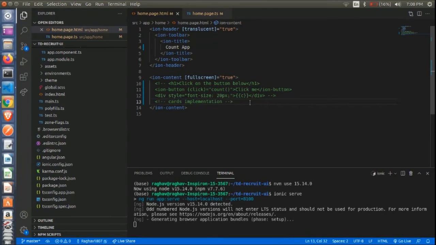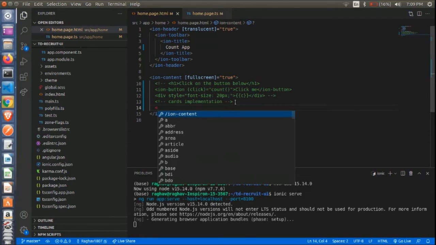The other use of commenting out is that you can give comments about various parts of the code that you are writing, so that you can navigate through the code very easily and know which part has which kind of code. So now I am implementing the Ionic card.